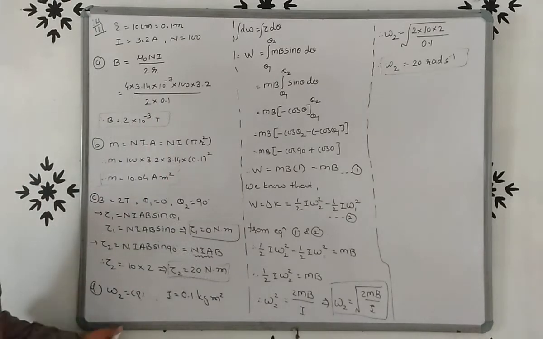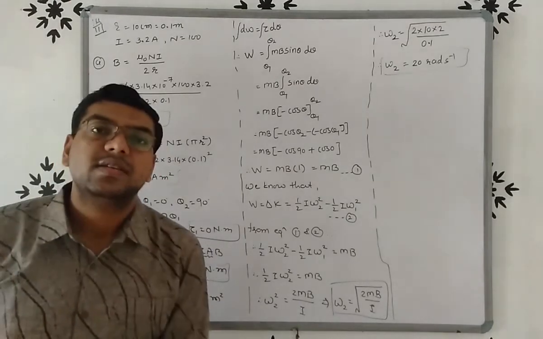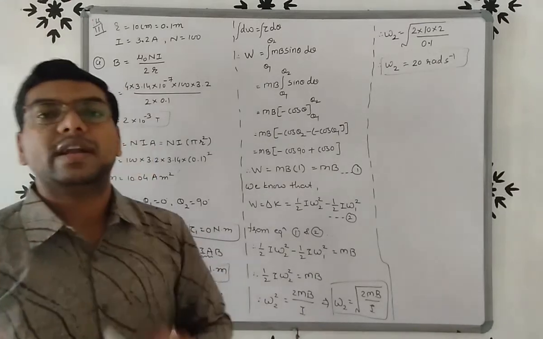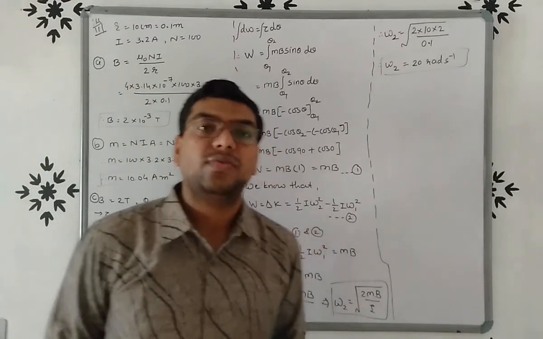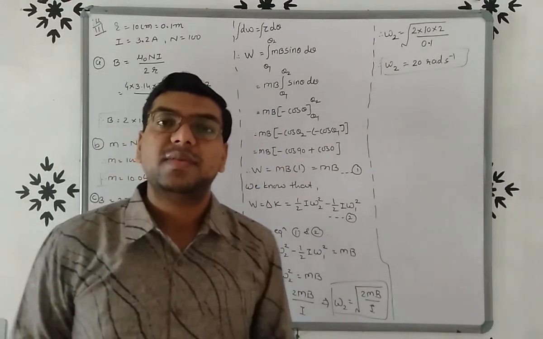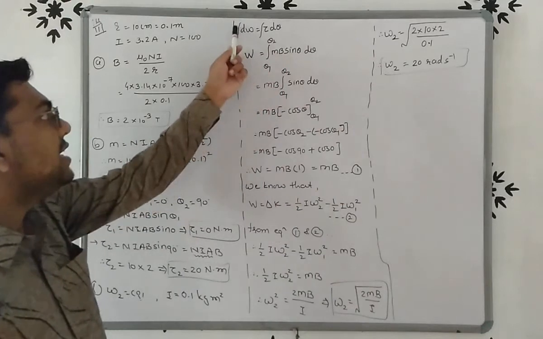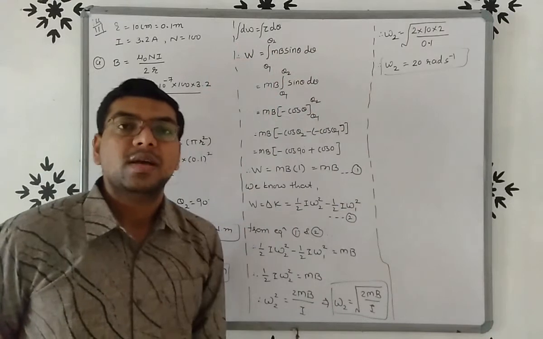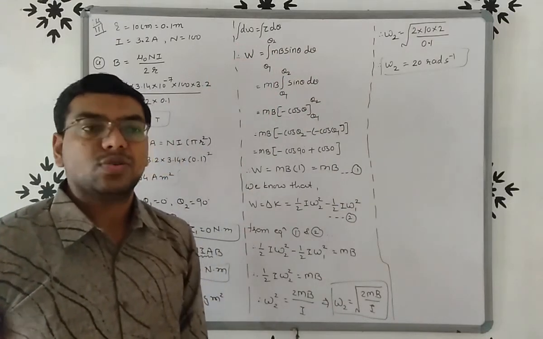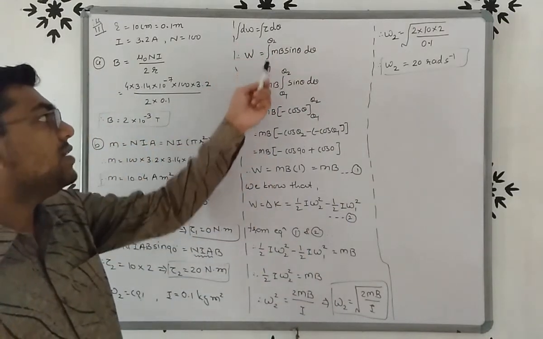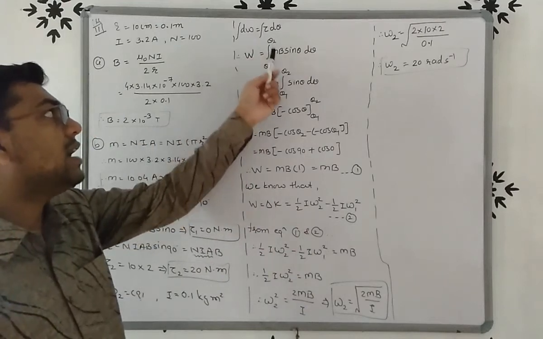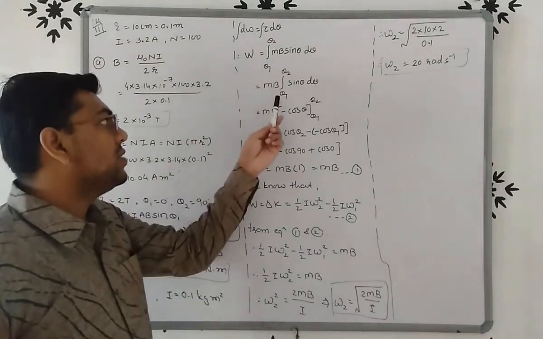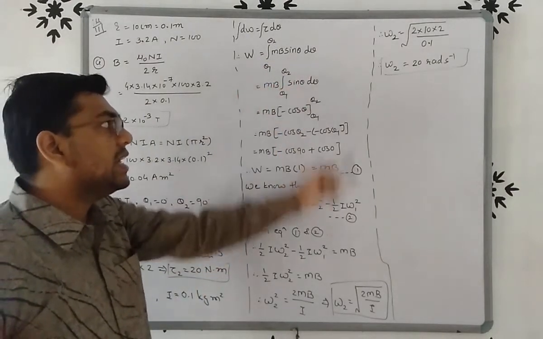Then we have to find the angular speed. Here I is given as 0.1 kilogram meter square. We already discussed the concept of rotational motion in standard 11 chapter number 7. So we already know that integration of dW is equal to integration tau into d theta. But integration of dW, that is total work W, is equal to integration theta 1 to theta 2 of tau, mB sin theta d theta. Here we take mB common, so integration theta 1 to theta 2 sin theta d theta.